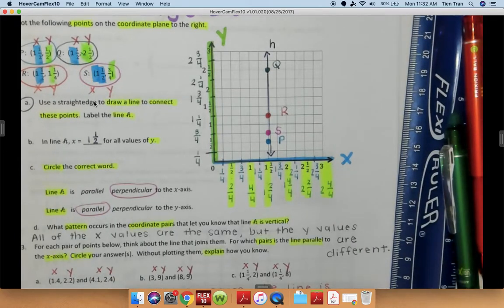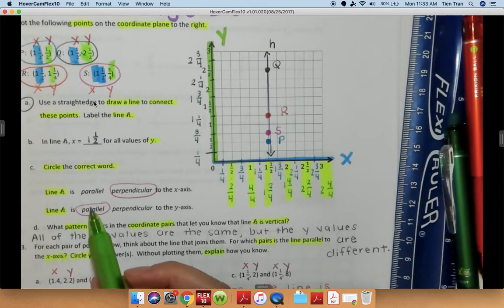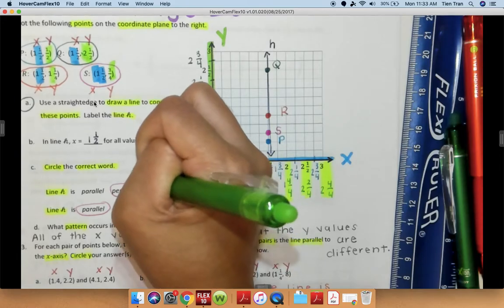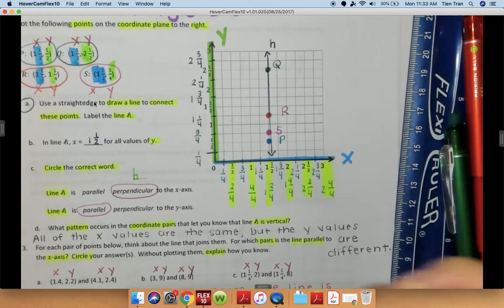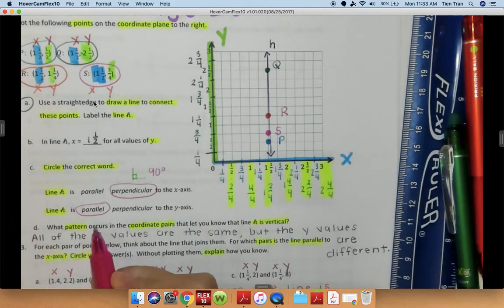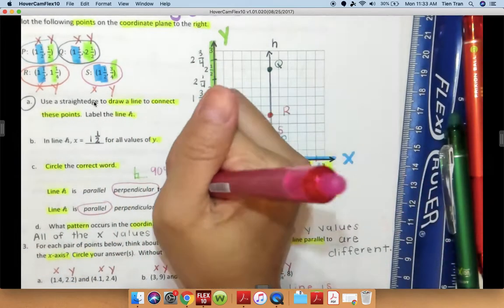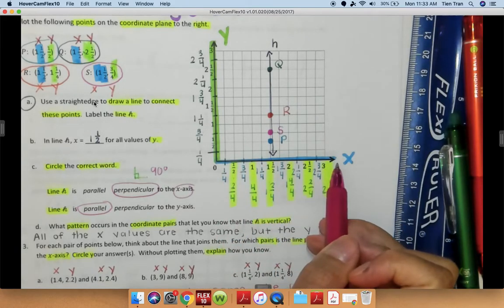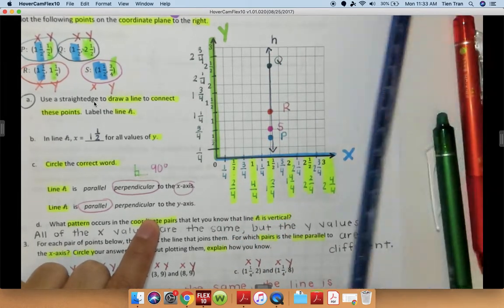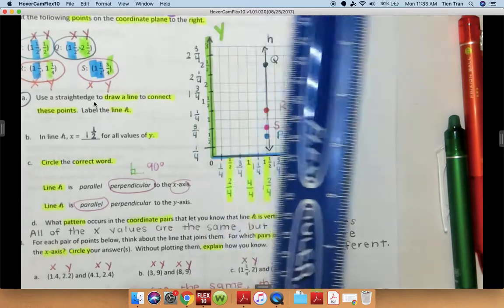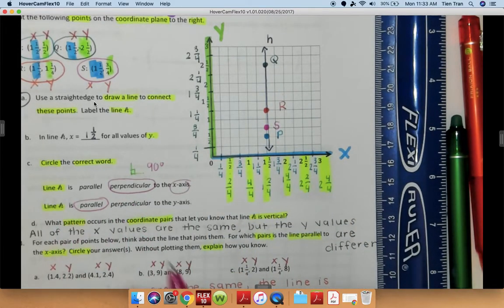Now for problem C, it asked me to circle the correct word. Remember we talked earlier that perpendicular means 90 degrees. I'm going to write 90 degrees. And parallel means two lines that are the same distance apart but not touching. So line H is perpendicular to the x-axis. This is the x-axis right here, and line H is perpendicular, meaning it creates a 90-degree angle. You see that? Right here and right here creates a 90-degree angle. So it is perpendicular. Line H is parallel to the y